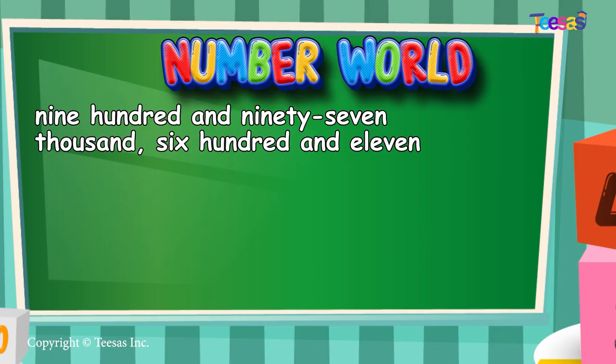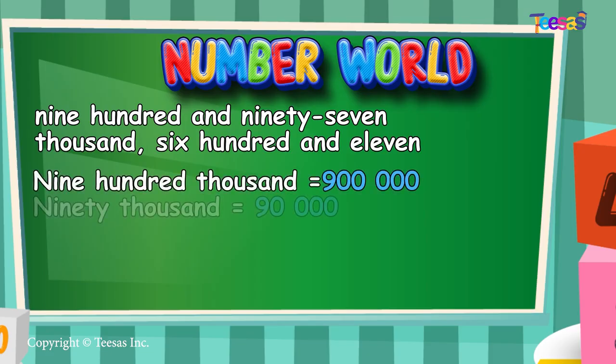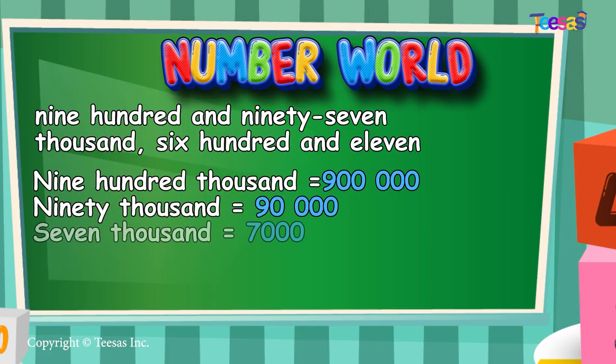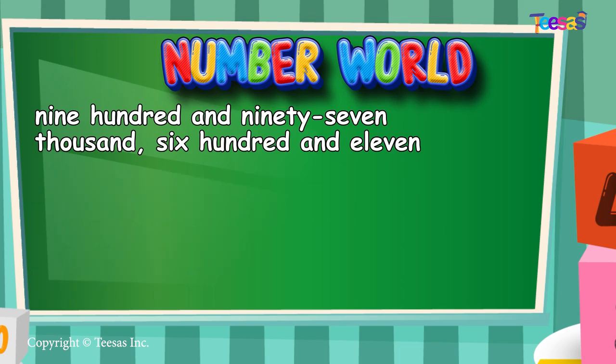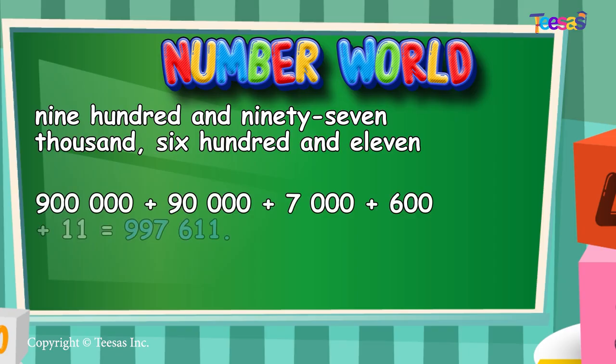We see that 997,000 are all under the thousand compartment. 900,000, 90,000, 7,000, 611. Now we add the numbers together. This gives 900,000 plus 90,000 plus 7,000 plus 600 plus 11, giving us